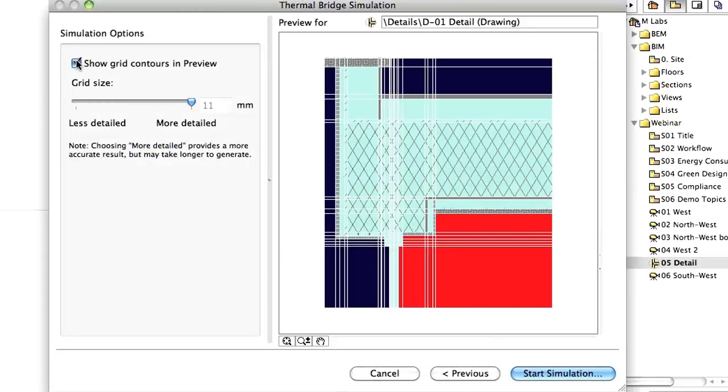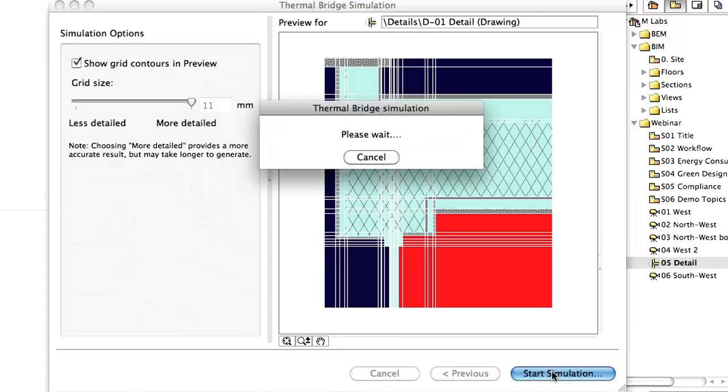Finally, we are ready to perform the simulation. We can display the simulation grid contours on the previous image. EcoDesigner Star uses a variable grid technology to determine the simulation points. The thermal bridge simulation can be started by clicking the Start Simulation button, and the results are displayed in just